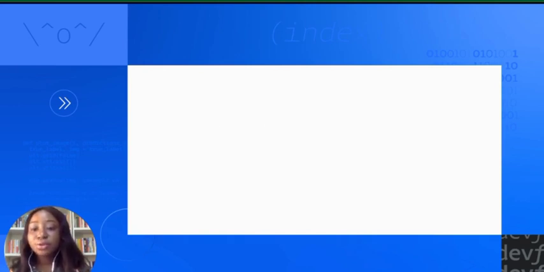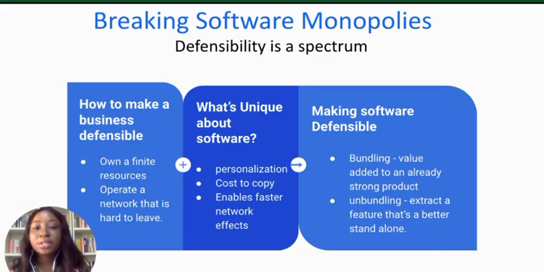And that will take me to the next thing, which is about breaking software monopolies. In breaking software monopolies, it is all about making our product very, very defensible. Now, defensibility is actually a spectrum. So, what does this mean? It means that, for example, if we have a business idea or a product that we would like to build, when we start off, the product is at a stage of indefensibility. That is, competition can easily come and sweep us out of the market. Then from indefensibility, it gets to the defensibility level, and finally, it becomes a monopoly. That is, you become the only person operating in that system.